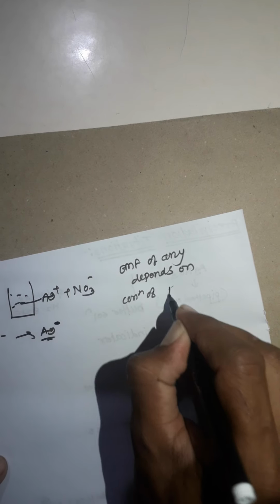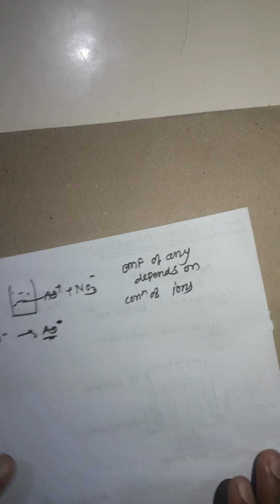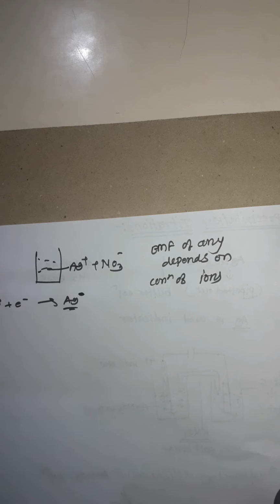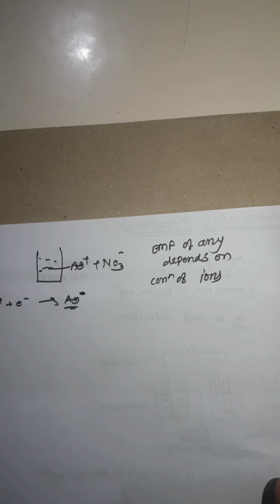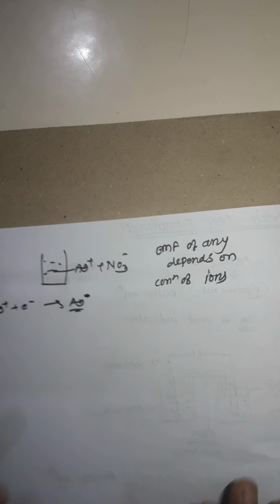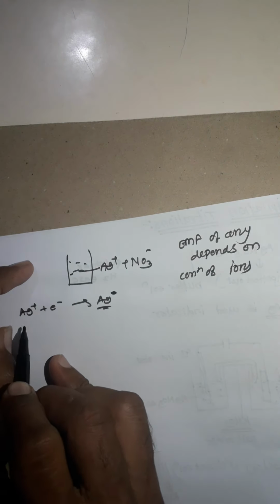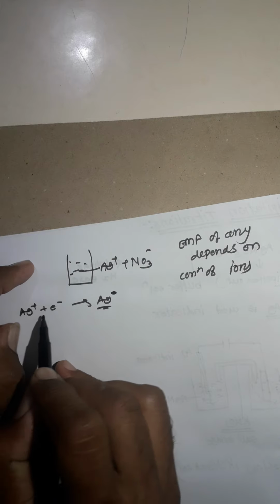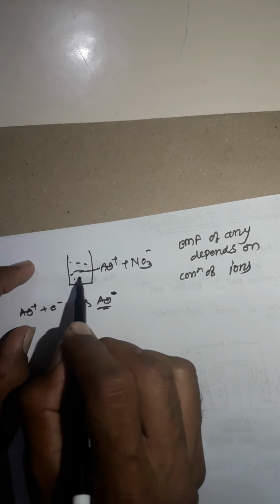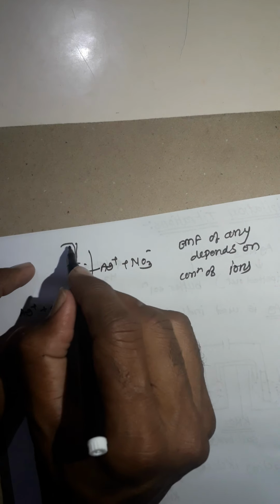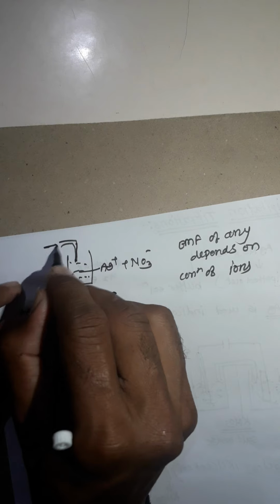During this titration, the Ag plus ions are decreased because they are reduced. That's why, during the titration, whenever KCl is added,